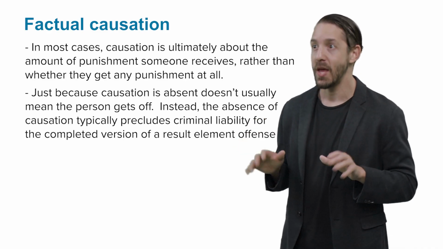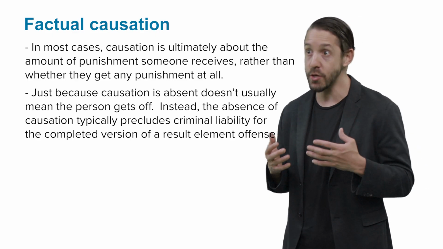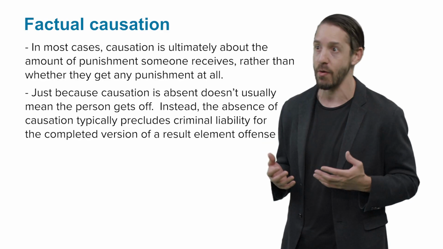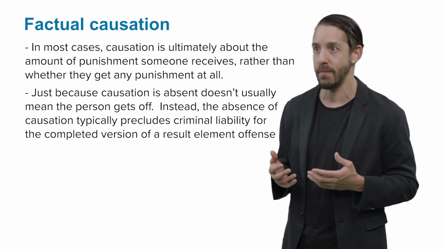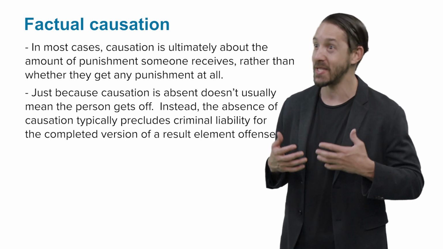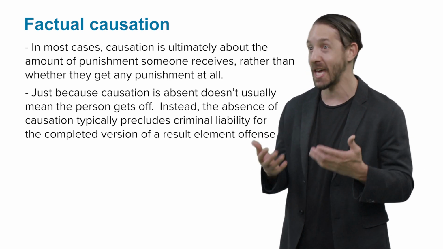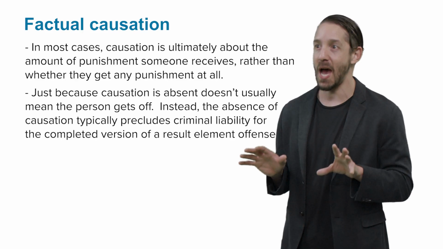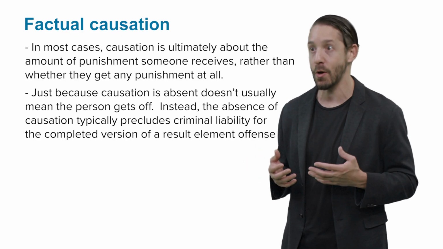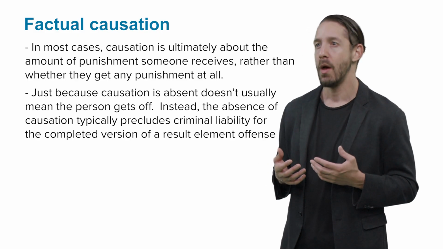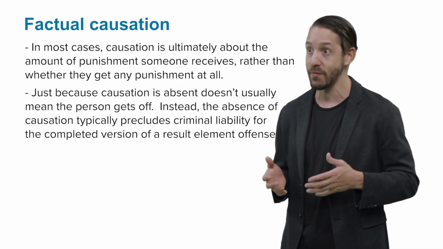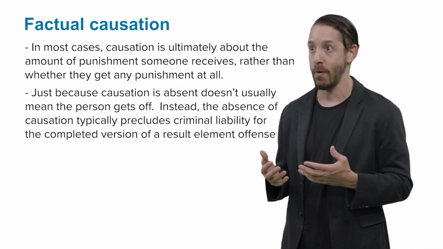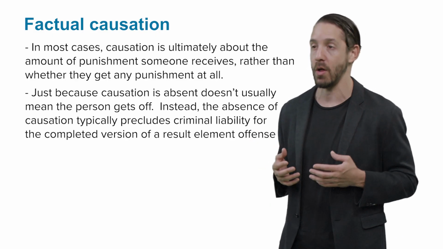So for example, in the last hypothetical, where you missed your shot and I died of an unrelated brain aneurysm, you couldn't be convicted of murder due to the lack of factual causation. But you still could be convicted of attempted murder, given your purpose to kill. We'll spend a lot more time exploring what this means later on this semester when we study inchoate crimes. But for now, I just want to note that there's usually a pretty significant difference between the penalties for completed murder and attempted murder, as is often the case throughout the criminal law.